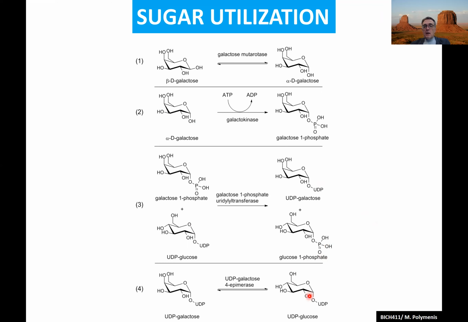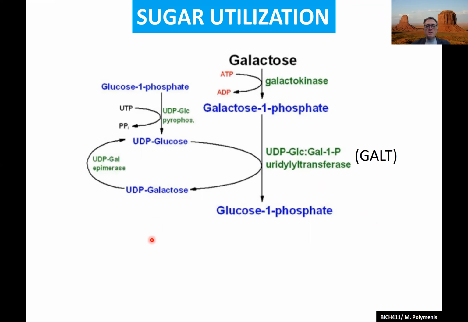So that's fine. How do we close the loop here? How do we go from UDP glucose to UDP galactose so that this cycle can keep going? That's a simple epimerase. It just changes the configuration at carbon 4 that distinguishes galactose and glucose, and now we've got UDP glucose, and the whole thing can keep going again and again when the next galactose molecule comes in. But from the previous galactose molecule, we end up with glucose 1-phosphate,